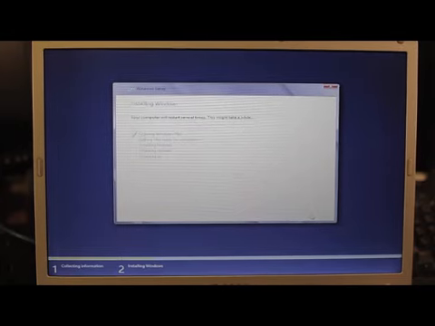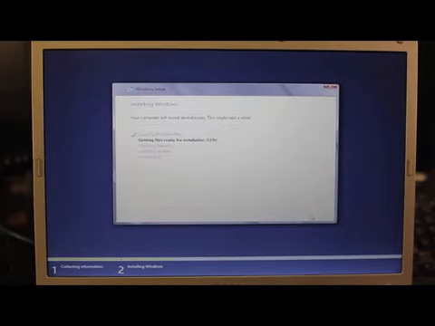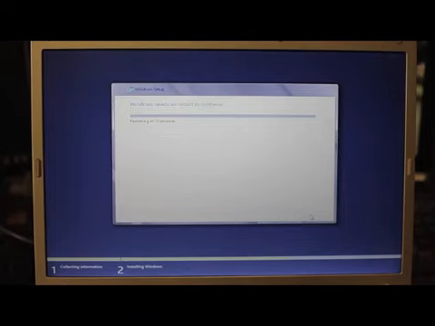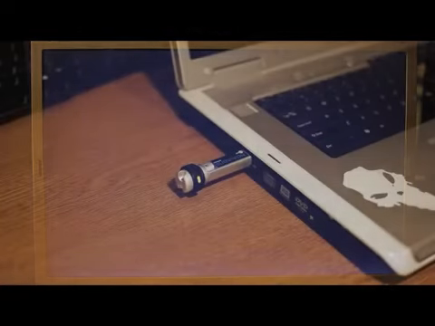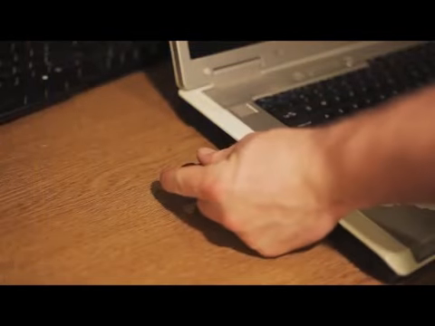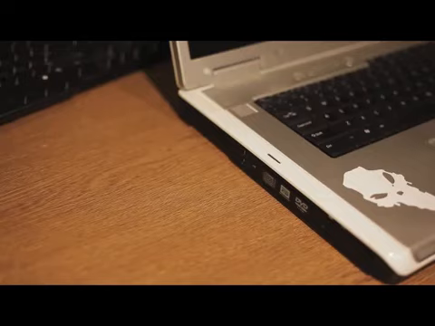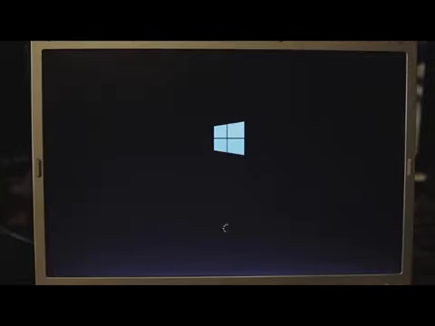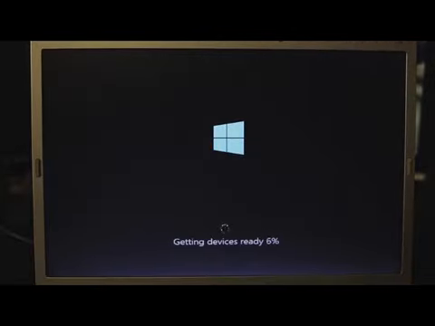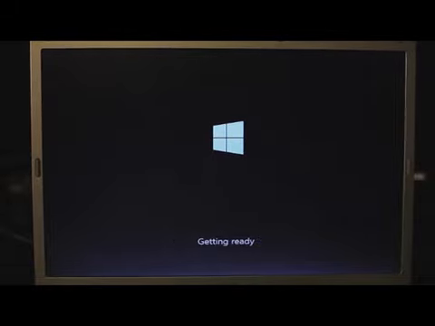As you can see, Windows is now copying and installing files onto the hard drive of the laptop. While this process is happening, Windows will restart your computer multiple times before it's ready to go. During this time, you can also remove your USB installation thumb drive from the computer. During the final phases of installation, Windows is looking at your hardware and finding the appropriate drivers for them. This is why it's important to be connected to the internet in order for Windows to automatically connect to Windows